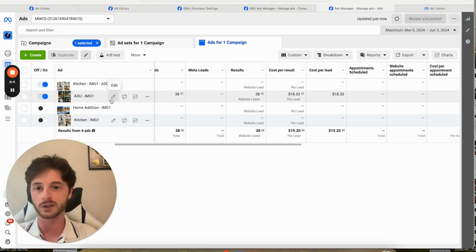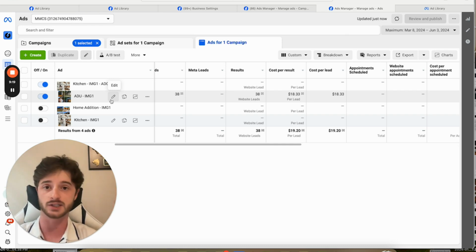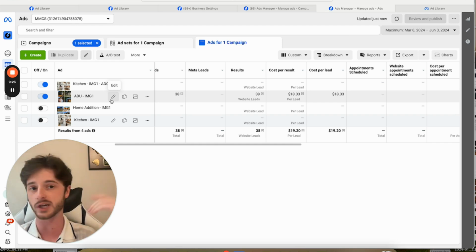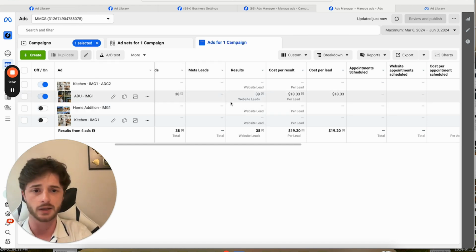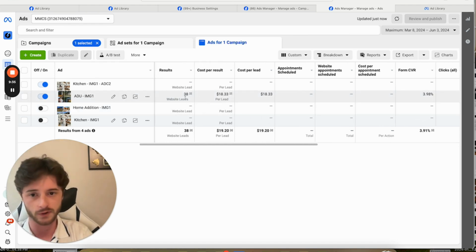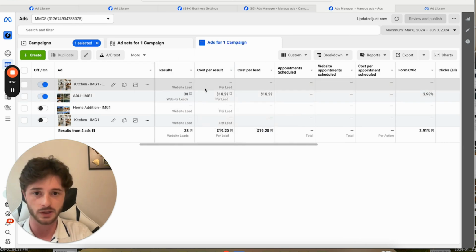So whenever they click on it, all that's brought to them is the main headline. What would it cost to build your addition? Answer a few questions. And then it's the estimator tool right there, ready to go. And as they keep answering questions, the price tag keeps going up until they get to the very end, where then they can become a lead, right? So I just wanted to quickly show this video right here because it's been pretty insane, the results we've gotten. I mean, 38 home addition leads,